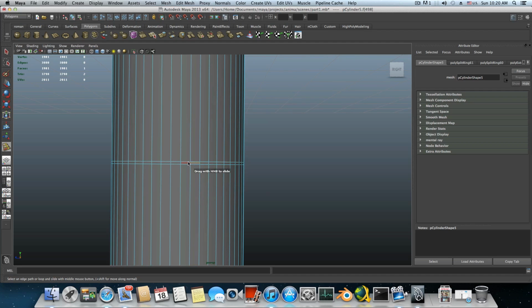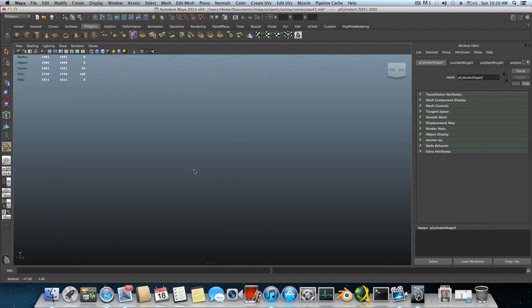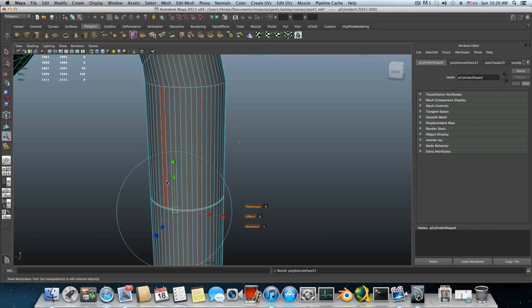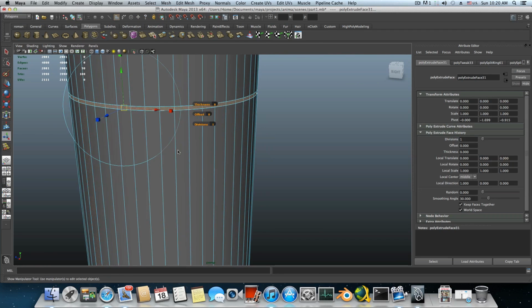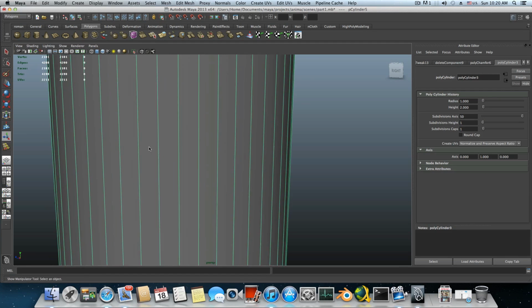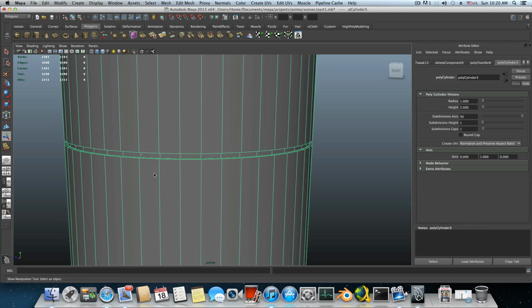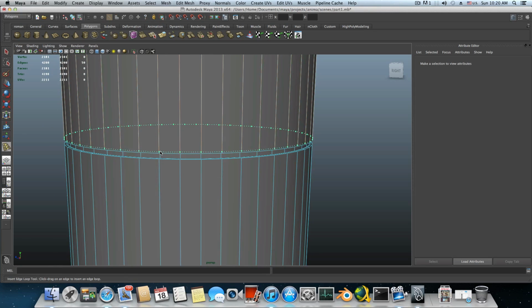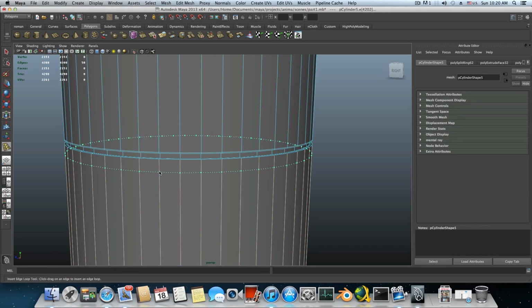Then choose this row of faces, extrude it, but this time we are going to extrude it also just a bit. Click extrude again and then pull it just a little bit more. Tap on F8 to bring it back to object mode. Hold down shift, right click, insert edge loop. Insert one edge loop at the top over here, one edge loop over here,